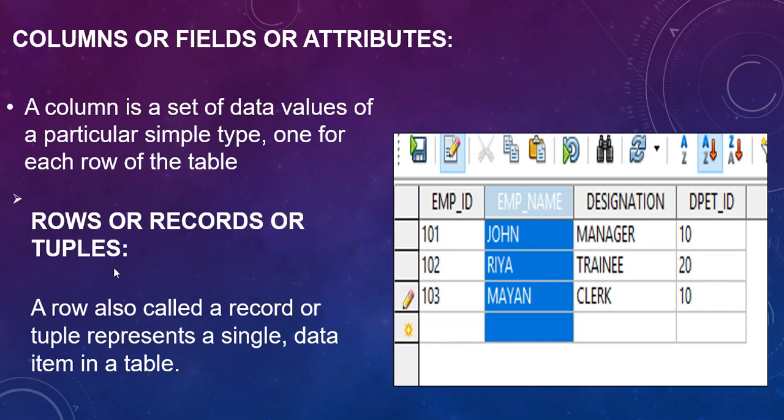The next topic is row. What is a row? A row is a single data item in a table. The row is also known as a record or tuple. So here, 101 is a single item in a table based on the column names. This is all about columns and records. The other names of columns are fields or attributes. The other names of rows are records and tuples.